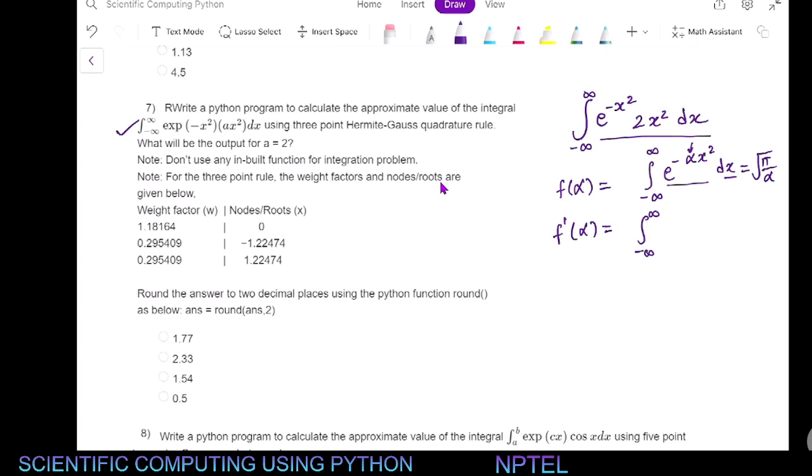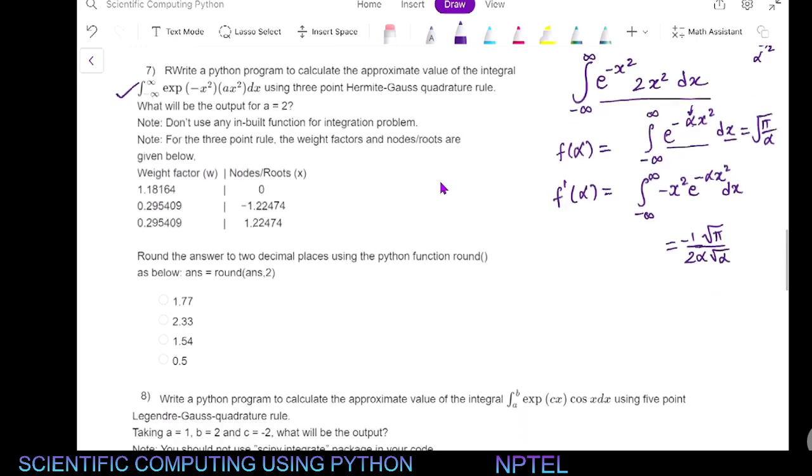So in front of alpha we have minus x square. So this will be minus x square e to the power minus alpha x square dx. Okay, and if we differentiate this, then we get square root of pi, and this is alpha raised to minus half, right? So it will become 1 by 2 alpha raised to 3 by 2. So alpha times square root of alpha. Okay,